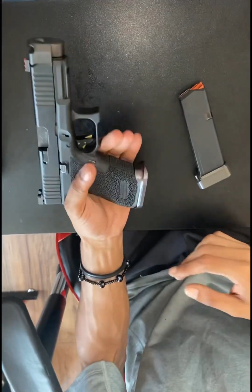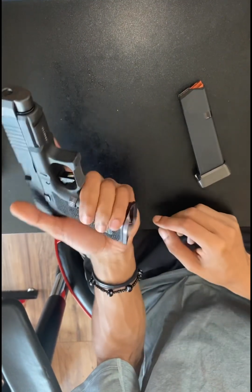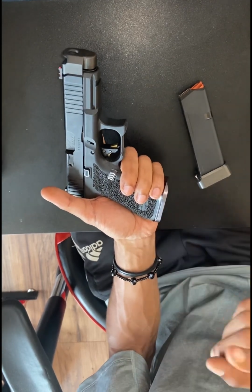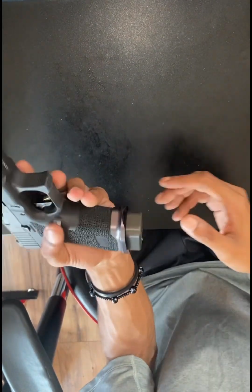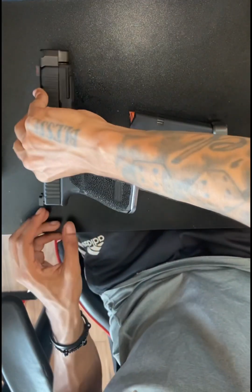I did throw an extended mag well on here. It's not too big. I wanted to keep it slightly small. This is from Overwatch Precision. I wanted to keep it small enough to where I could still conceal carry this gun without any problem. But it's still big enough to do its job. So in terms of that,